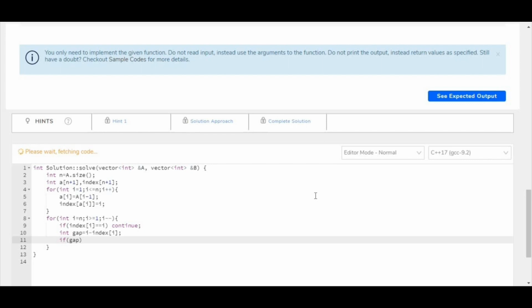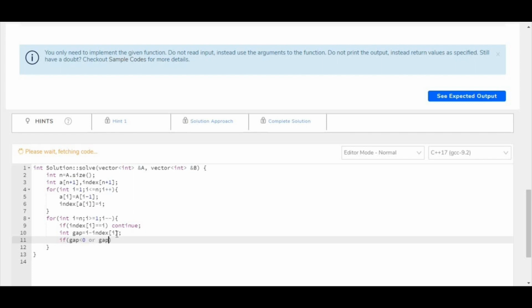If gap is negative, that means we have to place an element before. If i minus index[i] is negative, that means i is less than index[i]. So basically index[i] is the current position, which is greater than the position where we want to place it. So this is not a valid operation, and we will have to return -1 because we cannot form the array.